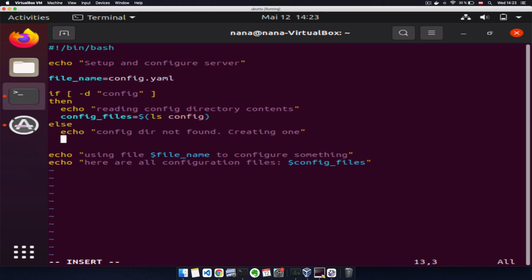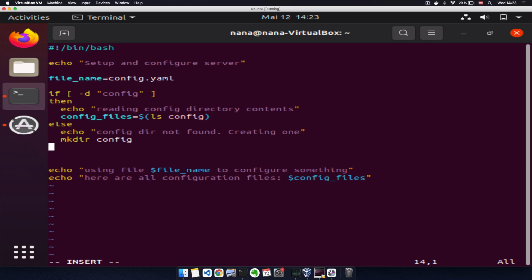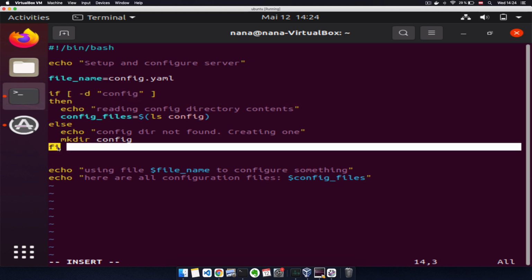And then let's actually create a directory called config. And you know the command for that already. It's make directory, mkdir, and config. And once we are done with our conditional logic, also called an if-else statement, because we have if and else conditions here, we tell the program that we're done by typing here fi, which is basically a reverse of if. That's just the syntax, and the program will know that this is the start, this is the end of this